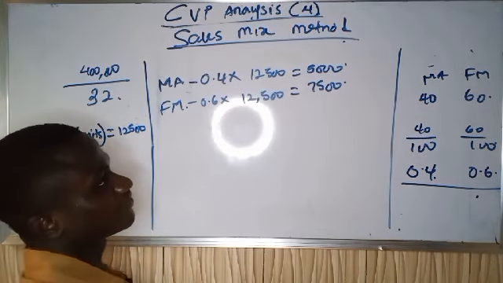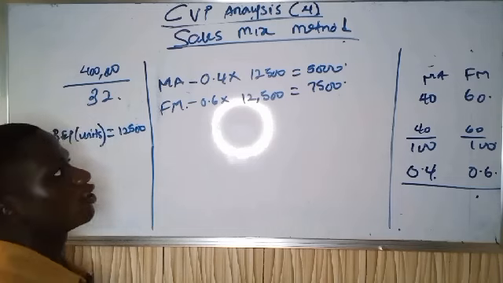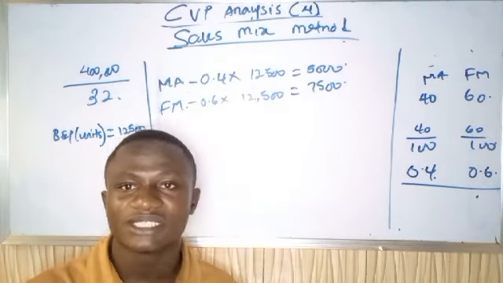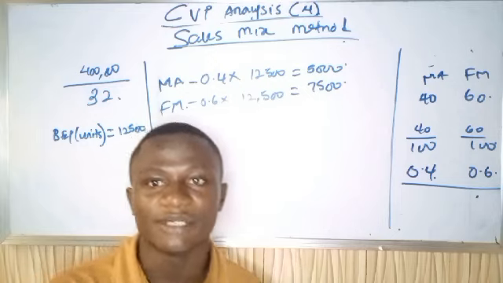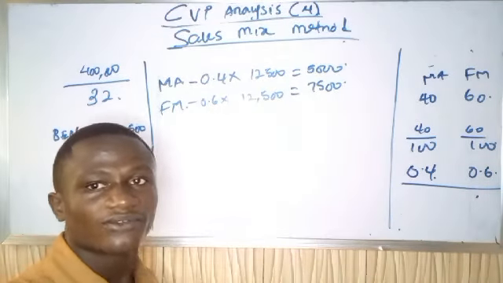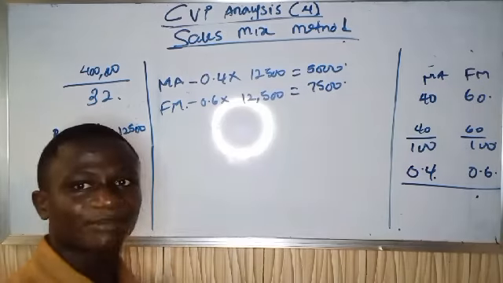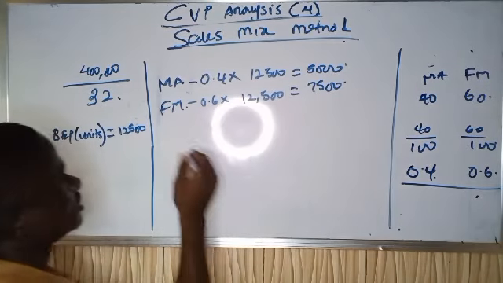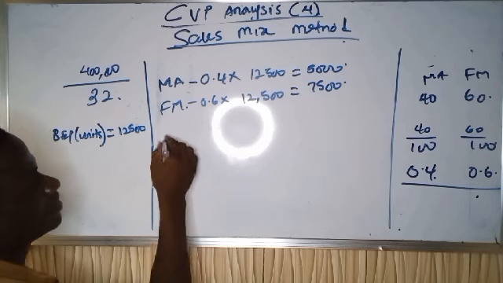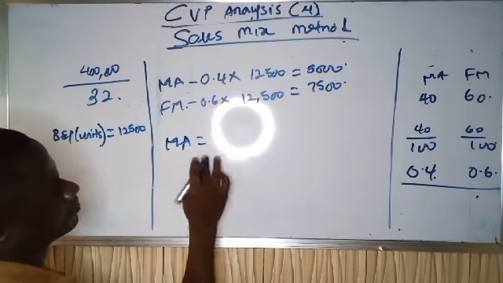If I'm producing 5,000 quantity of MA, how much am I going to generate from selling MA? Of course, the amount I'm going to generate will be the quantity I produce multiplied by the price I'm selling one. So BEP for MA, the amount I'm going to realize from MA will be